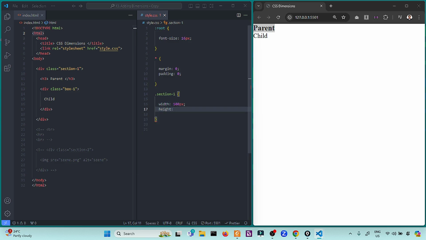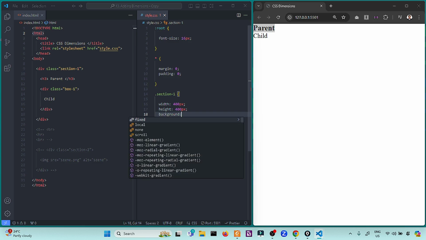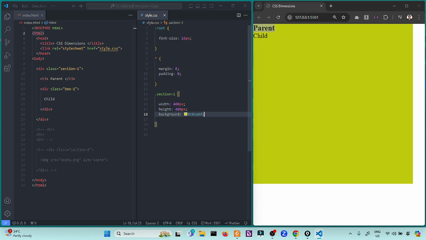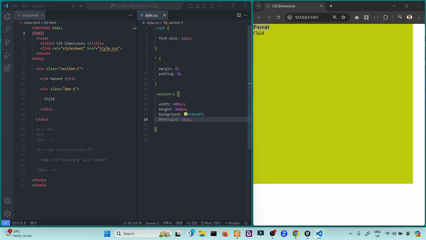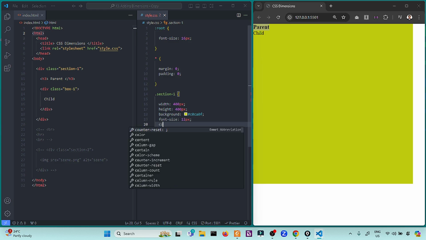If we define a width of, for example, 400 pixels, and a height of the same value, with a background of, for example, C0CA0F, this will be the background of our parent element. For the meantime, let's set the font size to 12 pixels and color black for the font.